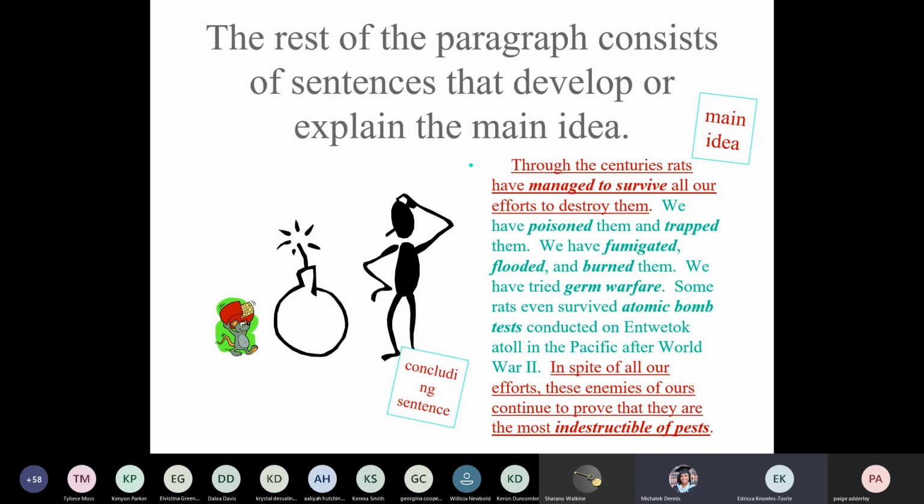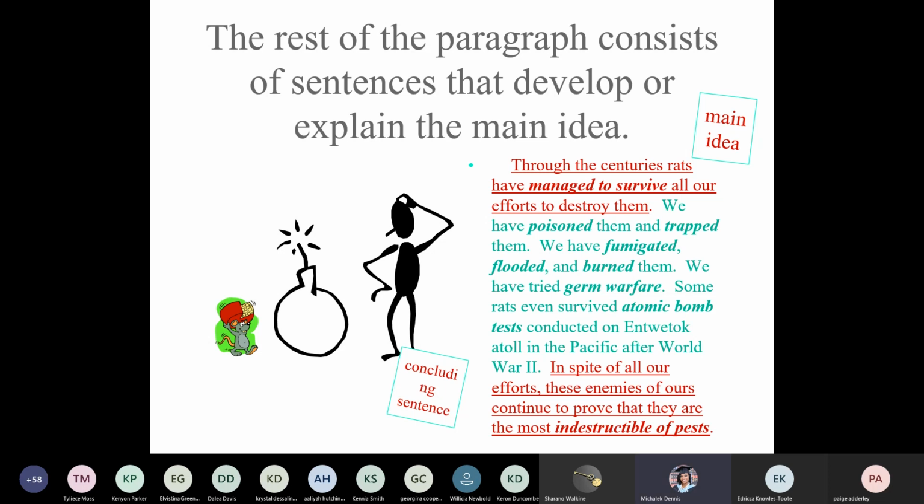Okay, Laurent says the first sentence, and Paris types it out, saying, through the centuries, rats have managed to survive all of our efforts to destroy them. Yes, you are correct. And Laurent, I was waiting on you to type the whole thing, but okay. Yes, you guys are correct. It's the first sentence, one. And two,